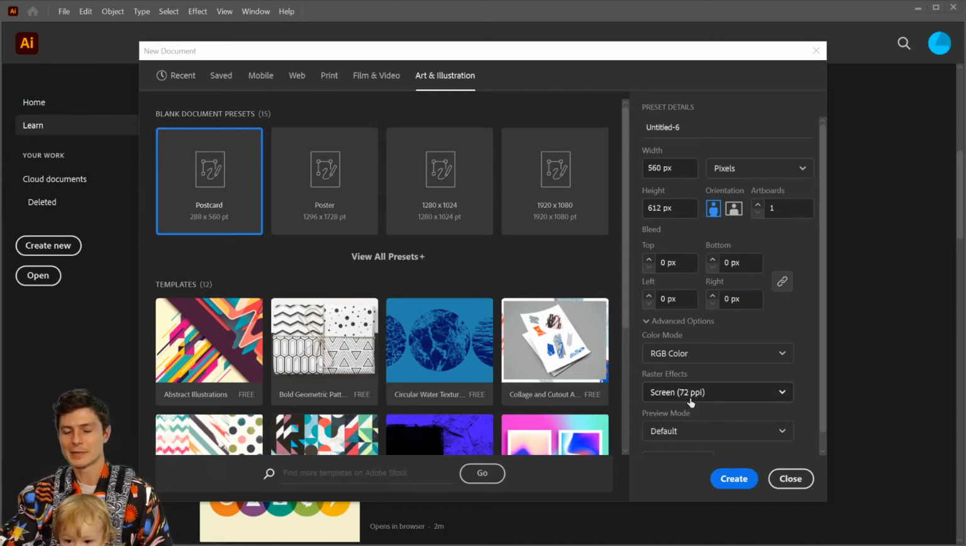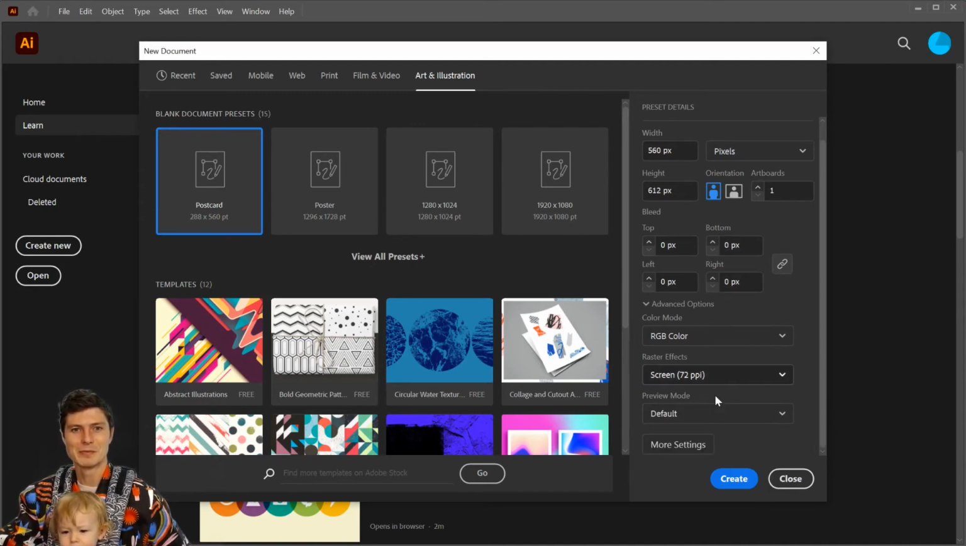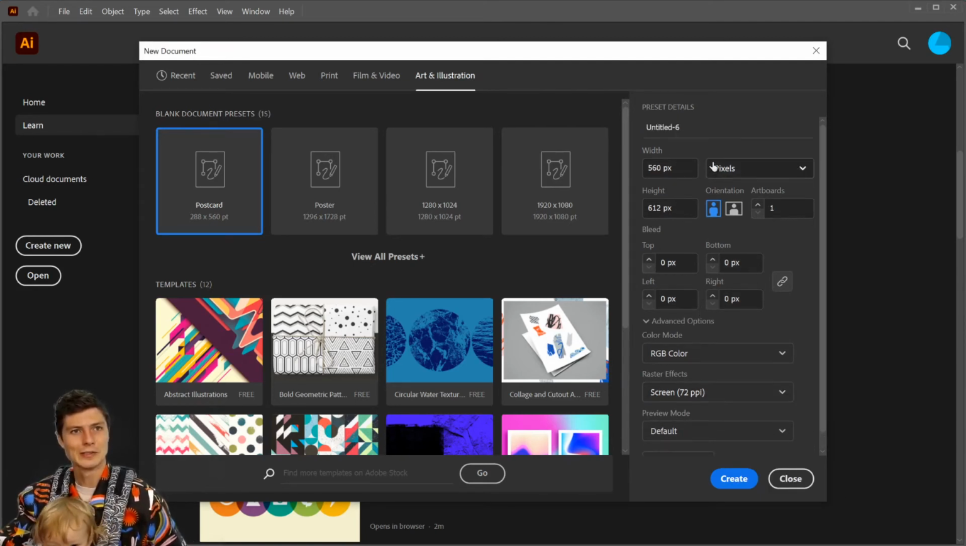And the screen size determines the pixels per inch, PPI. So most of our screens are 72 PPI. The Retina high resolution screens are more than that, but right now 72 PPI is fine. And like I said, these are vector based as opposed to pixel based images, raster based images. So that only comes into play when we export documents as raster things like JPEGs or PNGs. But you could set it up here. And then the preview mode default, all this is good. So let's